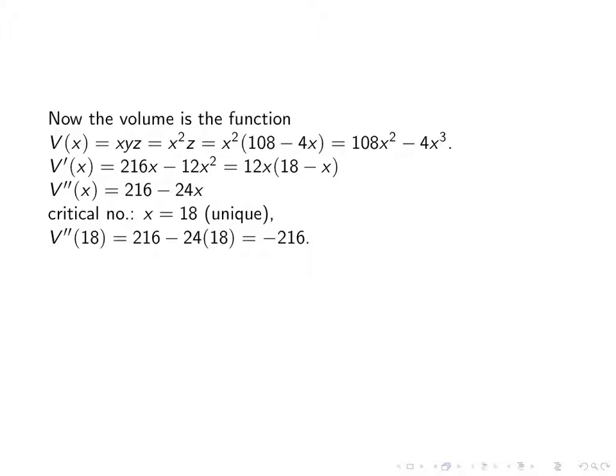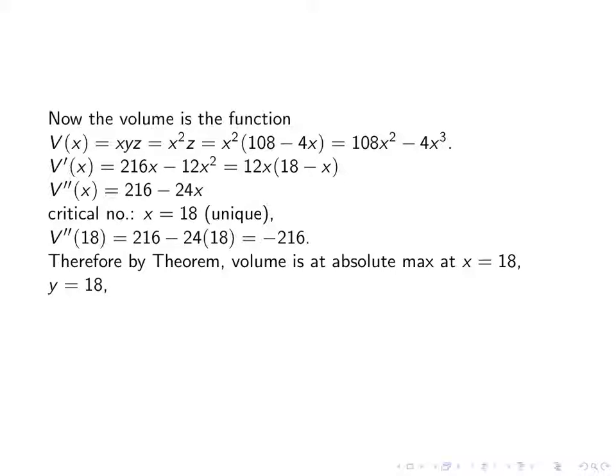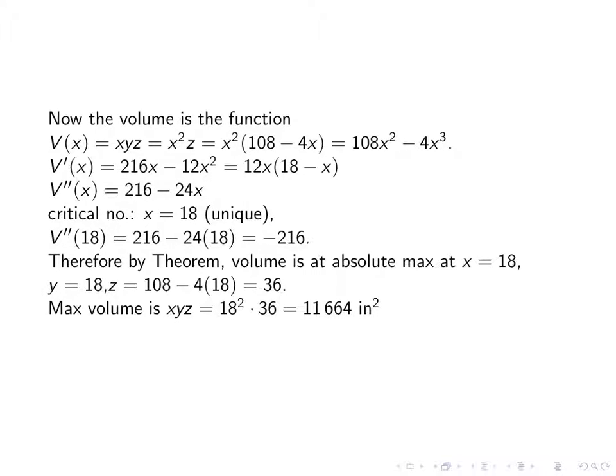and that theorem, the second derivative test just before, tells you that you have an absolute max at that value x equals 18. In other words, by the theorem, the absolute max is at x equals 18, and the other dimension of the box, which is also equal to x, or we called it y also, is 18. And z is 108 minus 4x, so it's 108 minus 4 times 18, which is 36. So the box is 18 by 18 by 36,